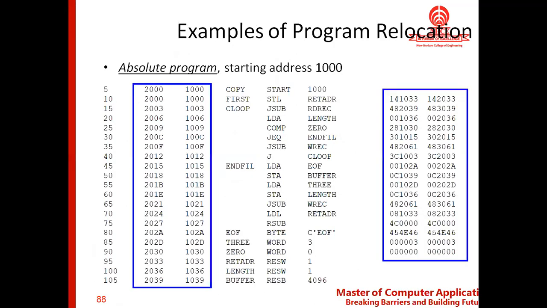So this is an example of a program in SIC machine. So in the beginning, what happens? The starting address of the program is assumed as 1000. So when the starting address was 1000, this program, which is already discussed in the previous session, I have given